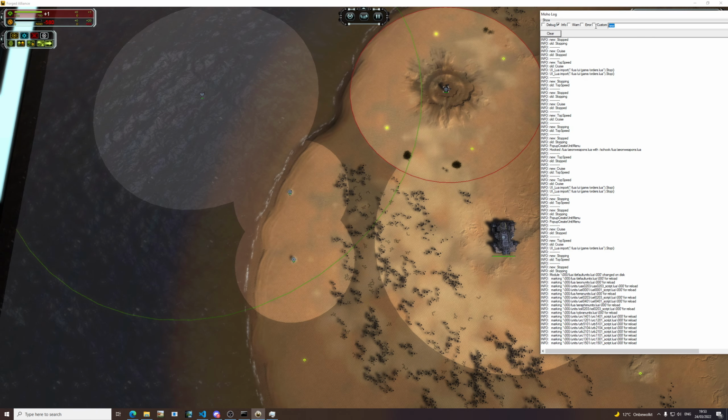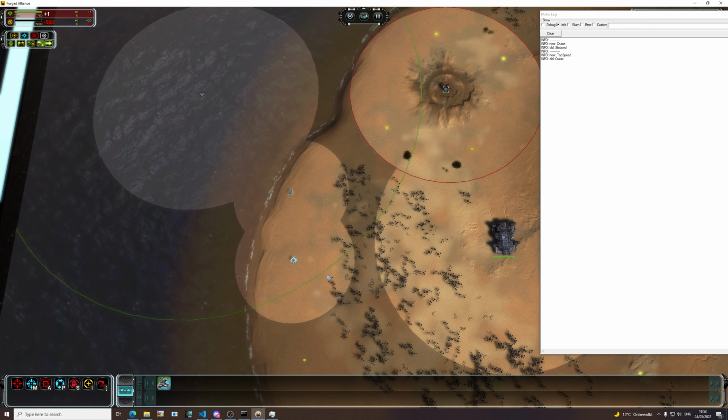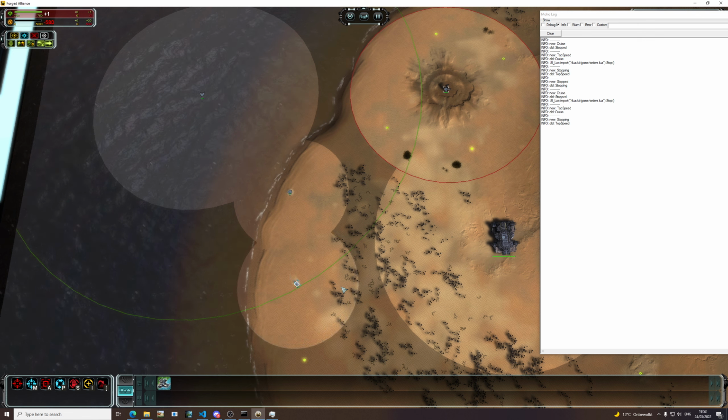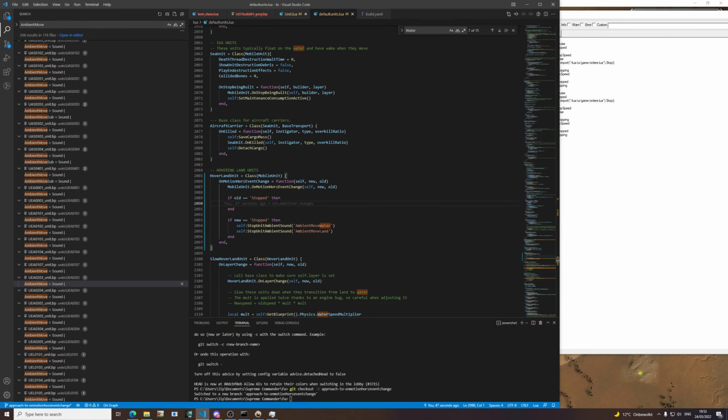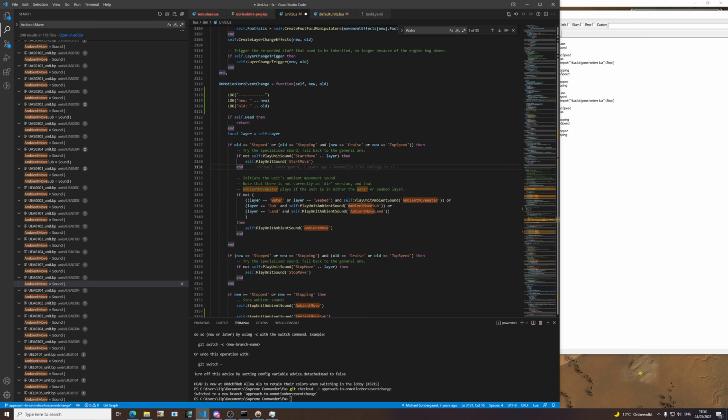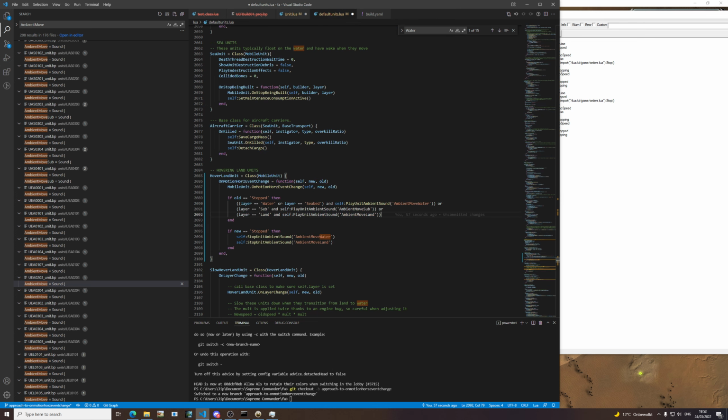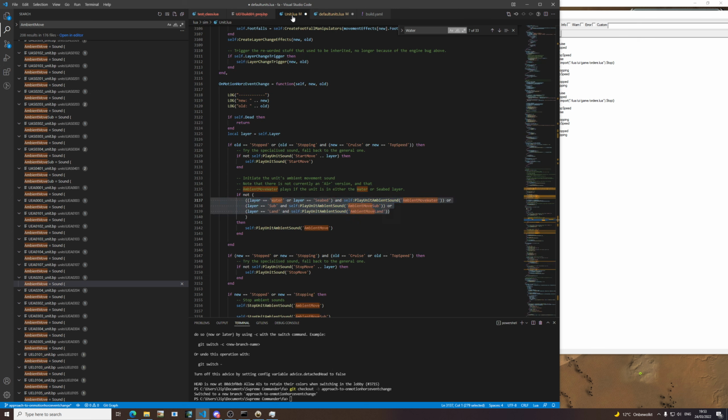In what scenario would you have that? Old stopped, old stopping. I think we can simplify this by just saying if we stopped before, then we want to play the sound accordingly. So in this case, layer